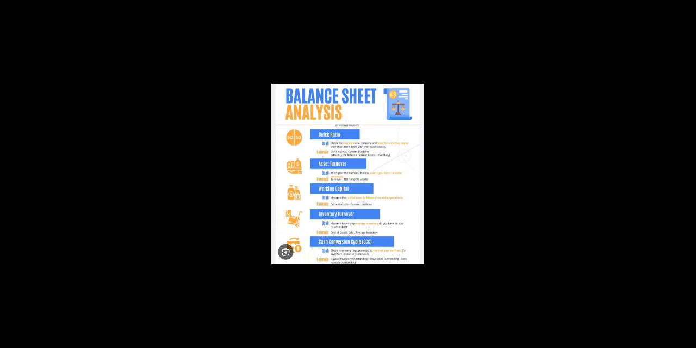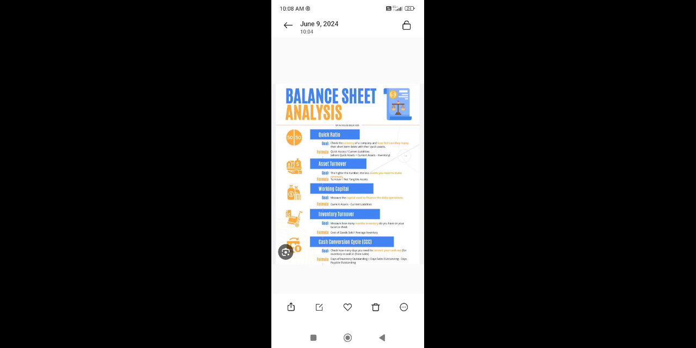Cash conversion cycle, CCC. It checks how many days you need to convert your cash out for inventory into cash in from sales. The formula is days of inventory outstanding plus days sales outstanding minus days payable outstanding. When we combine all these things, that is known as the